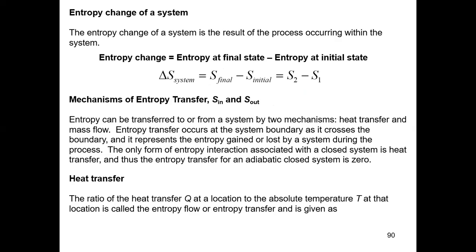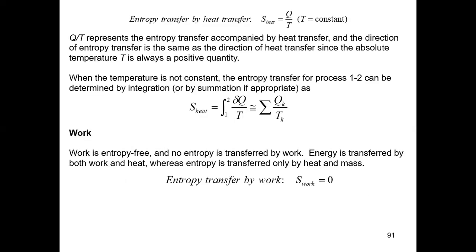Entropy can be transferred to or from a system by two mechanisms: heat transfer and mass flow. Entropy transfer occurs at the system boundary as it crosses the boundary, and it represents the entropy gained or lost by a system during the process. The only form of entropy interaction associated with a closed system is heat transfer, and thus the entropy transfer for an adiabatic closed system is 0. Heat transfer: the ratio of the heat transfer Q at a location to the absolute temperature T at that location is called the entropy flow or entropy transfer, and is given as